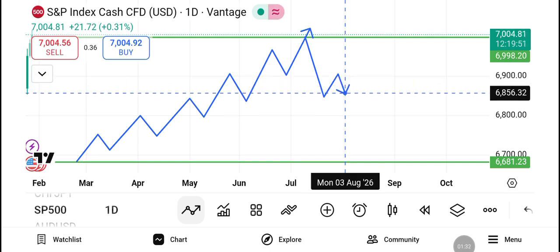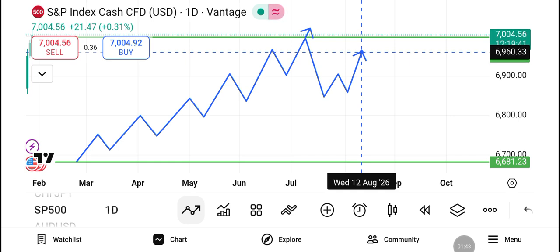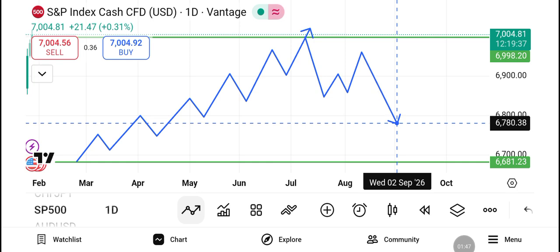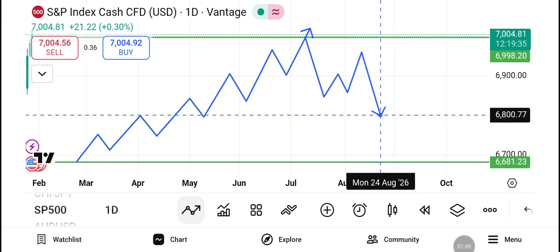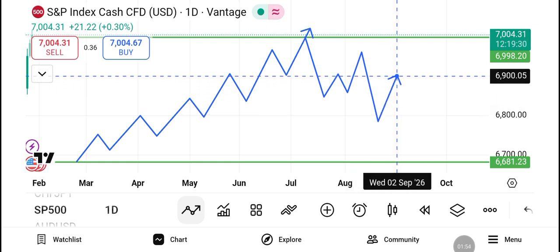It will react, but I will only take the trade when it comes to this particular place here. Good, I will take my trade. I'll explain further. Even though it breaks this part, I will still wait for the market to retrace to this particular place again before I take my trade.